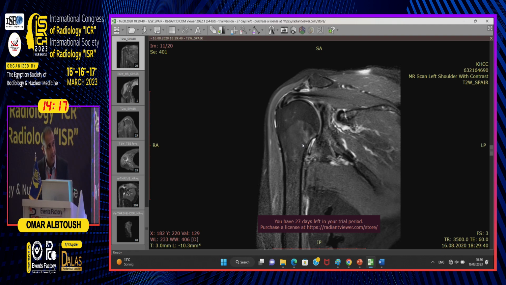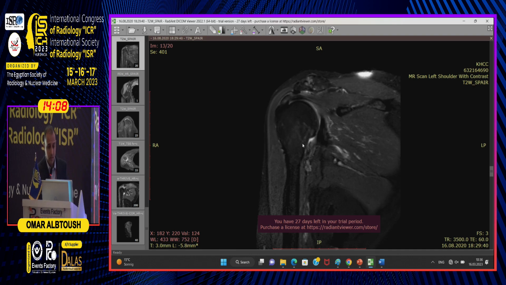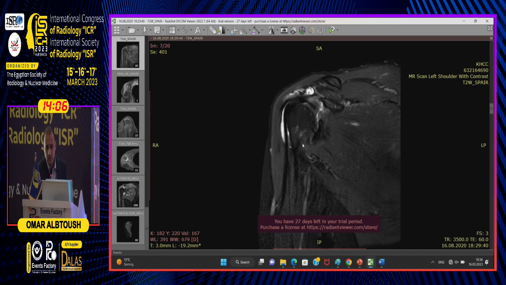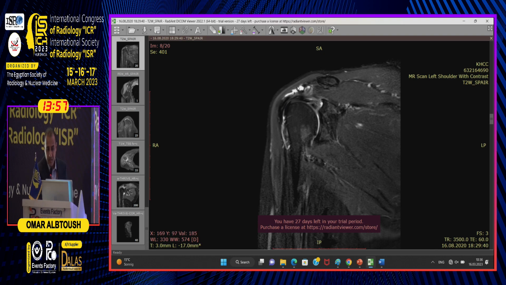So as you can see here, if I want to describe the findings, I will say degeneration of the AC joint. For example, we have mild subacromial subdeltoid fluid. We have minimal joint effusion. You might see here also that there is bursa fluid signal surrounding the long head of biceps, and the bursa we have already mentioned. But please have a look. This is the same patient